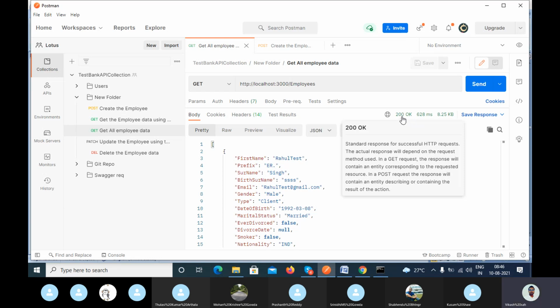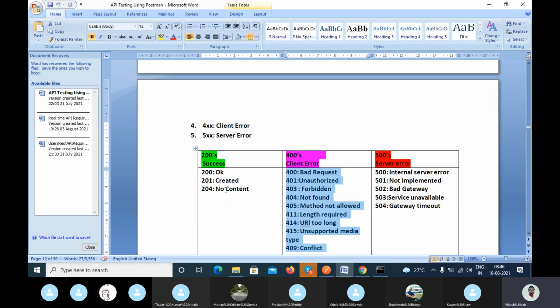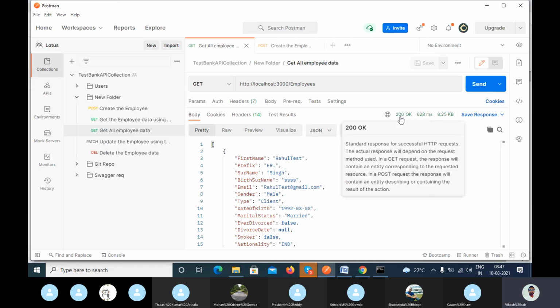With 200 you can't print created, or no content. With 200 you have to print OK. The developer who is implementing this application has to implement this. We have to verify the status code along with the string value, and the string value is OK.